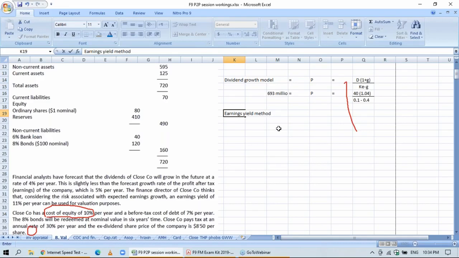Earnings yield method formula is net profit divided by earnings yield. Earnings yield is earnings per share divided by market price. We can take it like this also, or